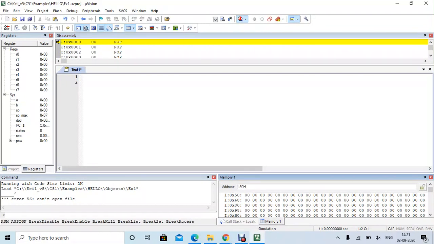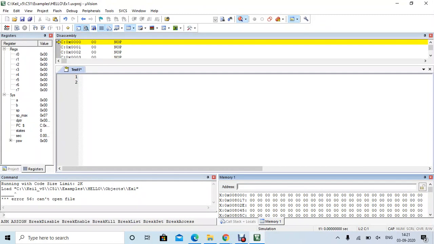Suppose it is an external memory location, then I have to represent the external memory using the letter X, and then the memory location might be 8000, so you have to give 8000H. Since it works on hexadecimal values, you have to enter the address along with H. So I colon 50H for internal memory, or X colon some address H for external memory, and click on enter.